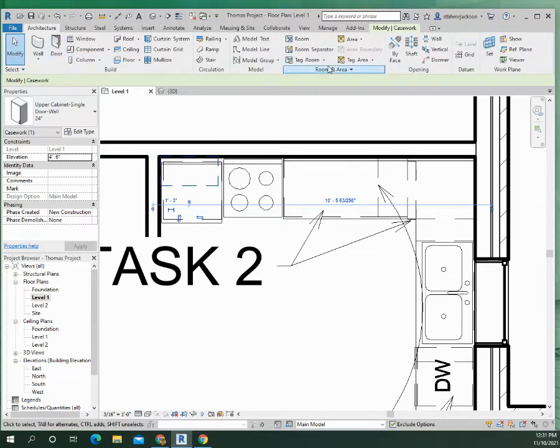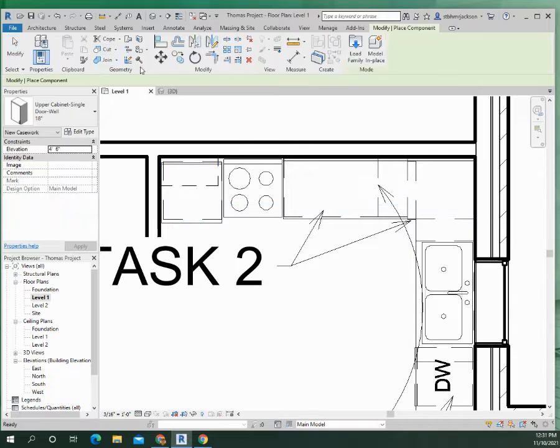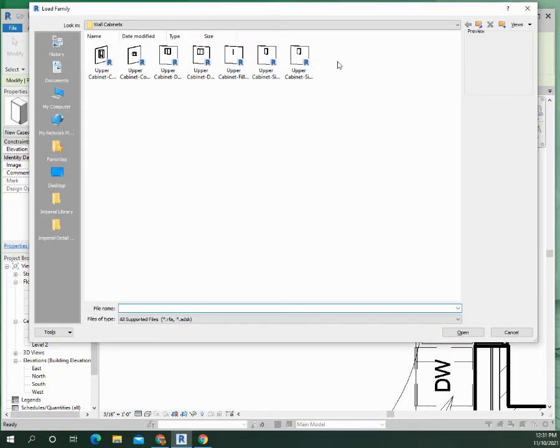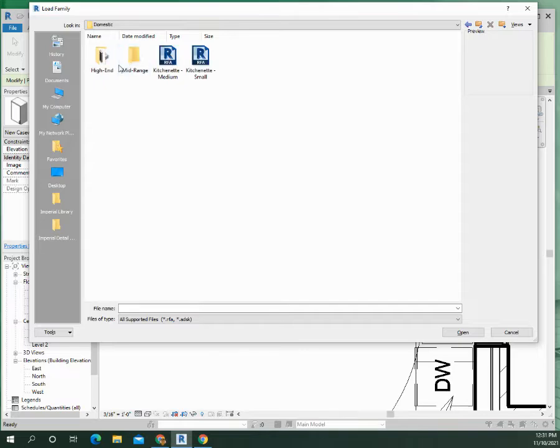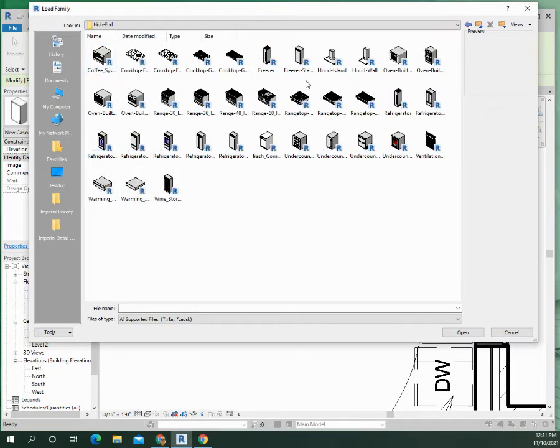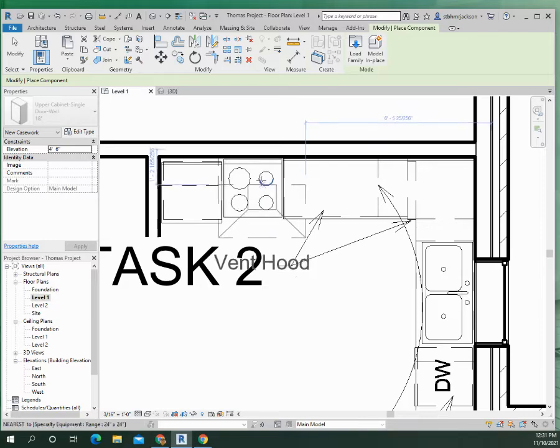So there's architecture, component, load family, specialty equipment, domestic, high end, and you can find a range hood